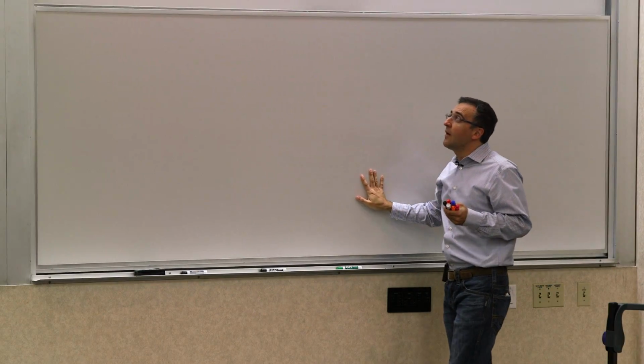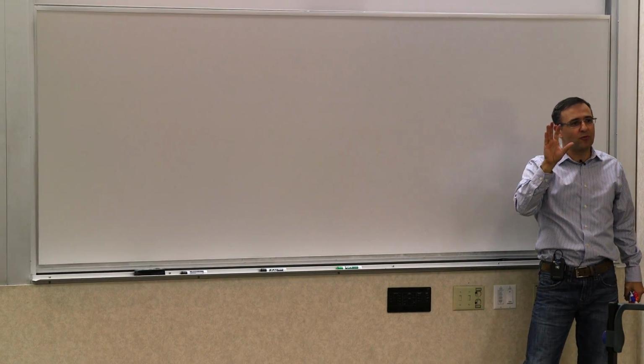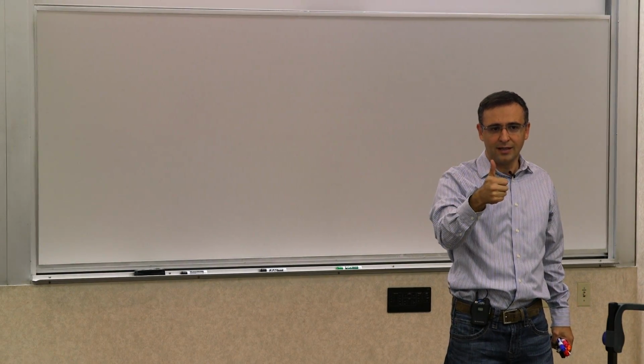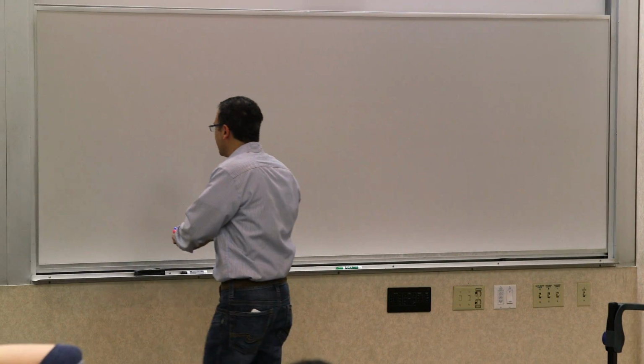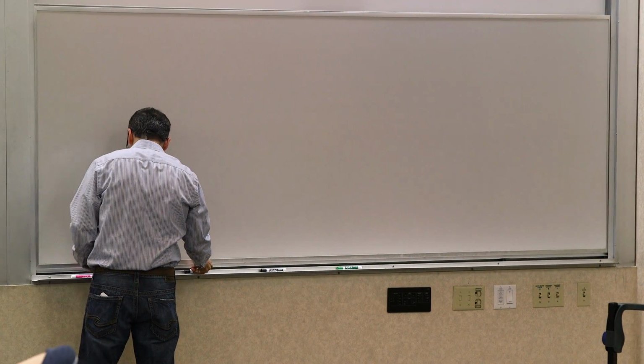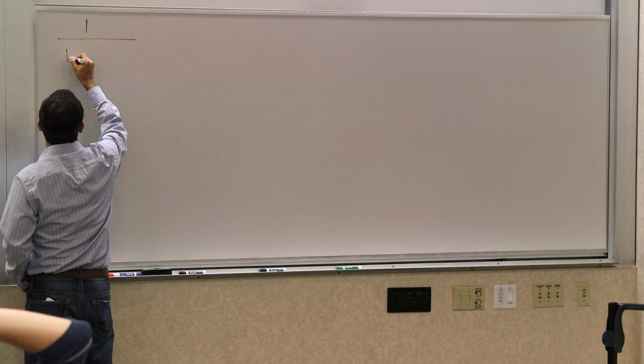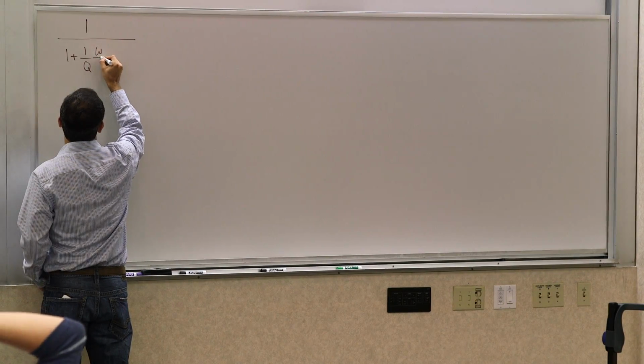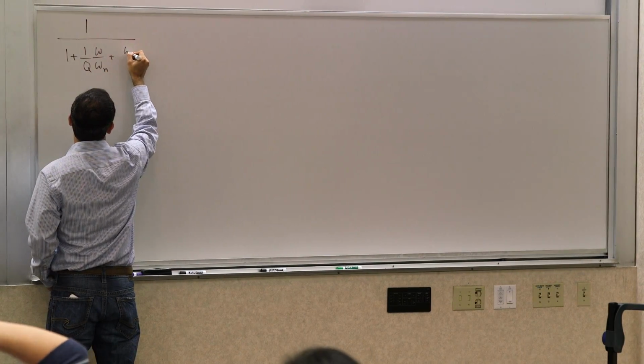Because you remember, the systems that we had, we said if you want to keep the coefficients of the polynomials real, you will get first order and second order polynomials, right? So what do you do with second order systems? For example, let's say you have a second order pole. You can write it in the following form: 1 over (1 minus omega over omega n